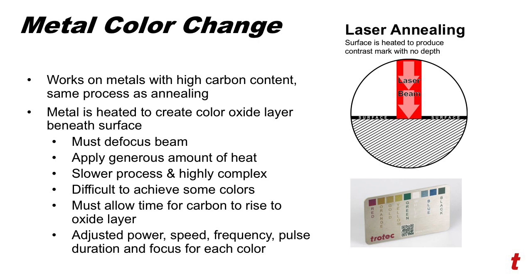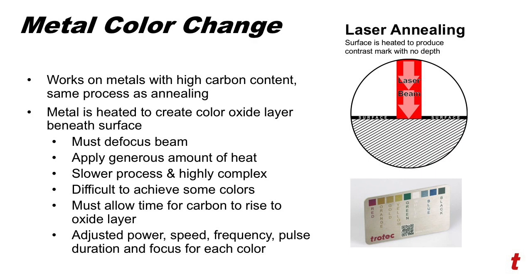But when you play with different heat variances, defocus the beam, and apply different variations of heat to the surface of some metals, this process will actually produce color. It is a slower process and it's highly complex, and it can be difficult to achieve some colors, but it is outstanding in the way that it can do this. You must allow time for the carbon to rise to that oxide layer to get this certain effect,